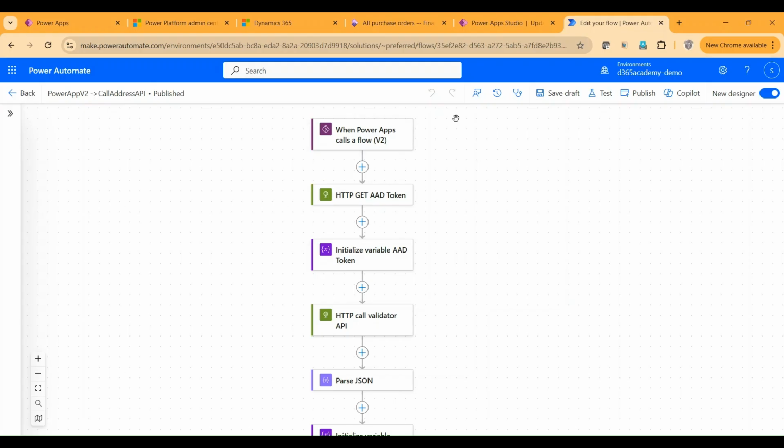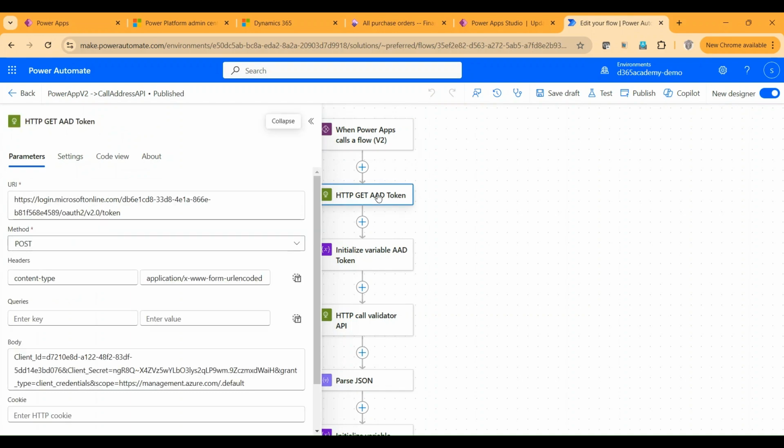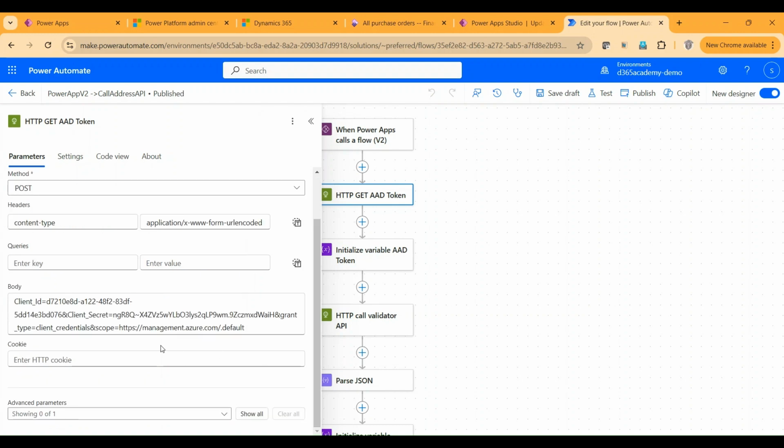Yes, for that, all you need to do is create a Power Automate flow which accepts some inputs from the user, like address, city, postal code, and country. And then I am obtaining an Azure AD token, which is basically a login.microsoftonline.com slash the tenant ID. Then I am ending it with oauth2/v2.0/token. And in the body, I am sending the client ID, the client secret, and a scope which says https